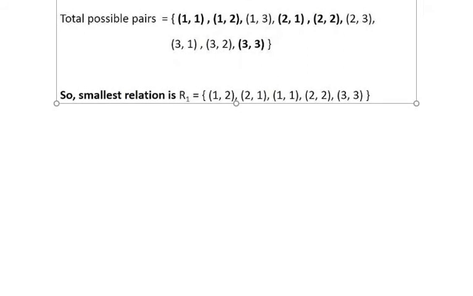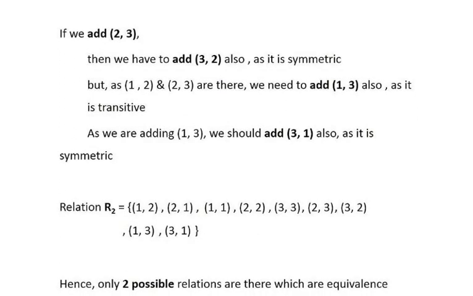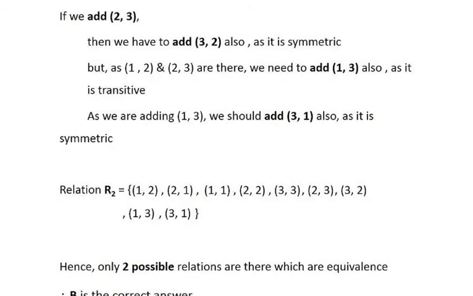Now let us see, if we add (2, 3), then we have to add (3, 2), then only it will be symmetric. But as (1, 2) is already there and you are adding (2, 3), you have to add (1, 3), then only it will be transitive. If you are adding (1, 3), then you have to add (3, 1), then only it will be symmetric. So R2 can be (1, 2), (2, 1), (1, 1), (2, 2), (3, 3) and the rest, hence only 2 possible,